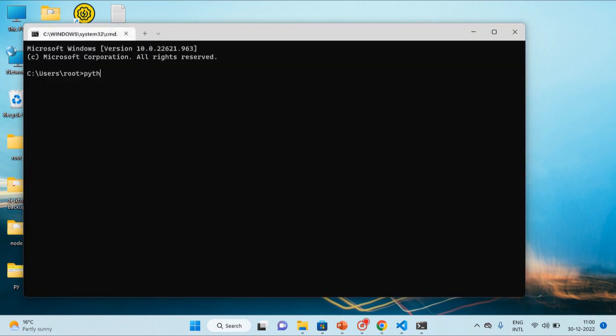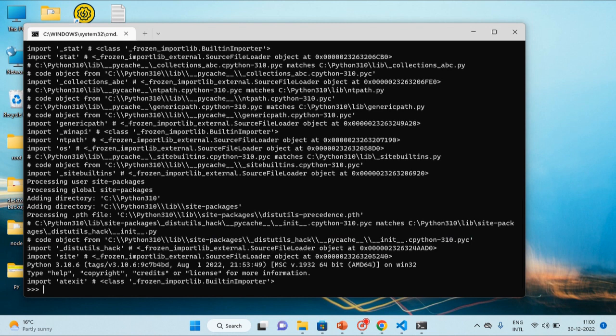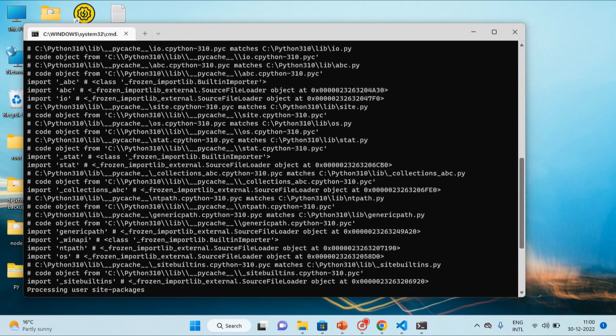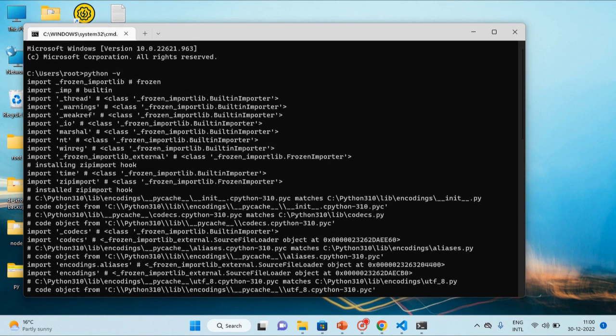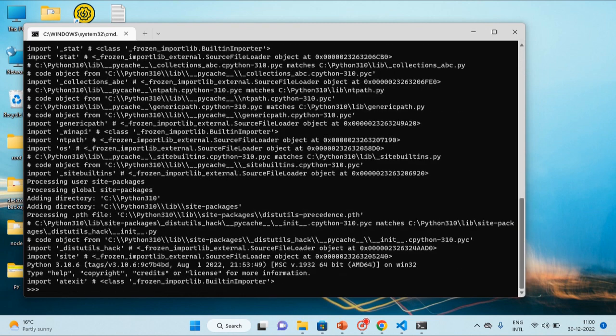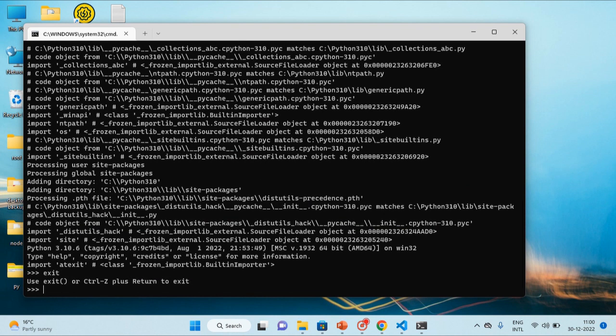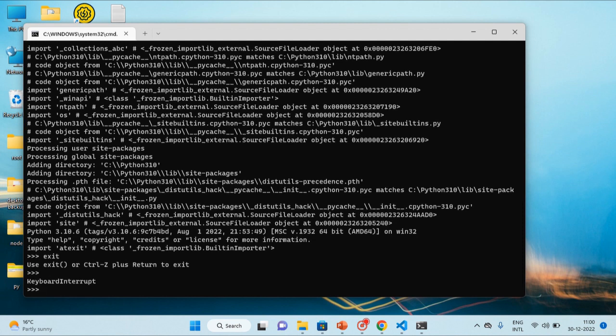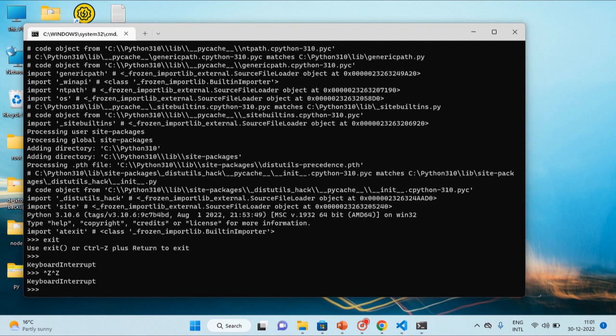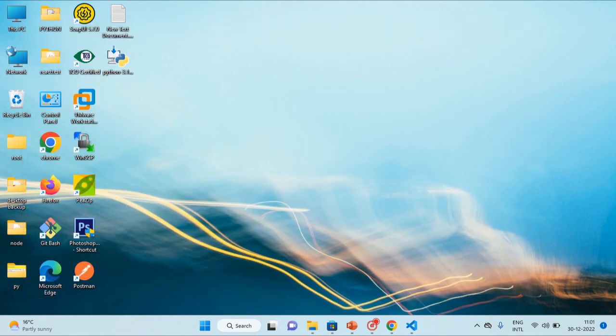We can type python minus v. So as you can see that Python is installed, so it's showing so many versions and so many files. So after it got installed,